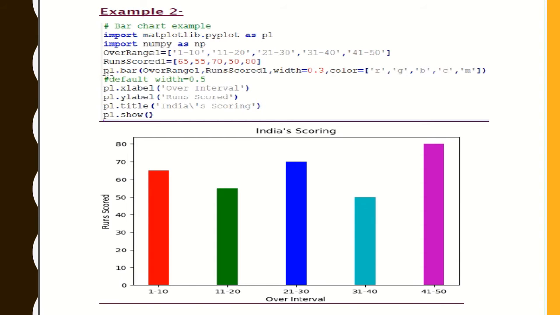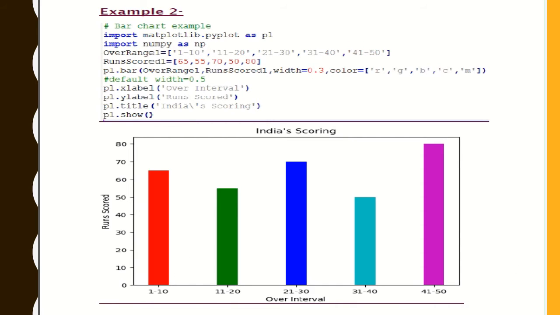Same in plt.bar, where you give the command for the x-axis and y-axis, and you have given the width. Now for color you have to give 5 color names, like I have 5 data so I write 5 color names: red, green, blue, then c for cyan, m for magenta. All these colors will be displayed, and you will find the data displayed in different colors. According to that, you can change the color of every data.